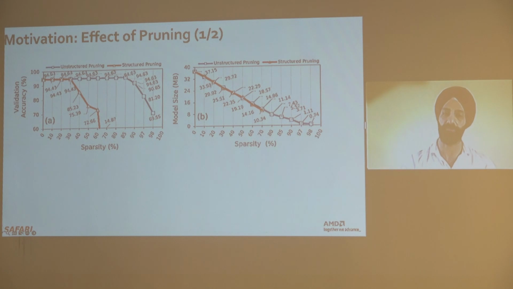So when we perform structured or unstructured pruning, this shows how the model size changes. We observe that even when we perform 30% pruning for this model, the accuracy remains the same, which means we can get rid of 30% of the model using structured pruning. However, when we go for unstructured pruning, this